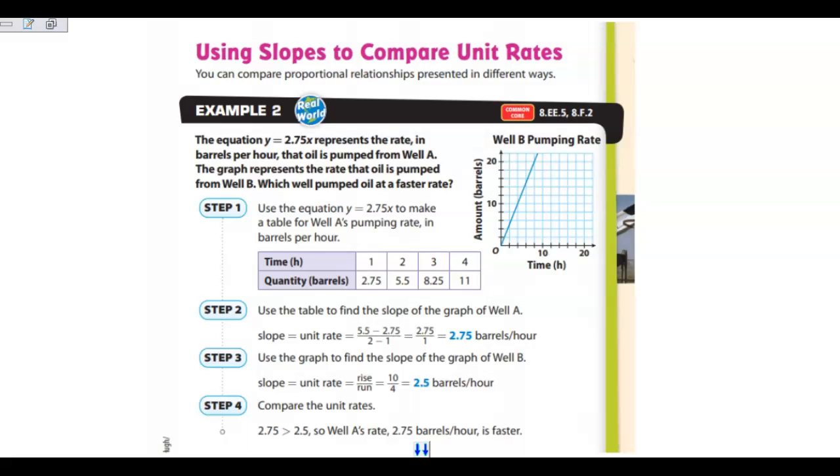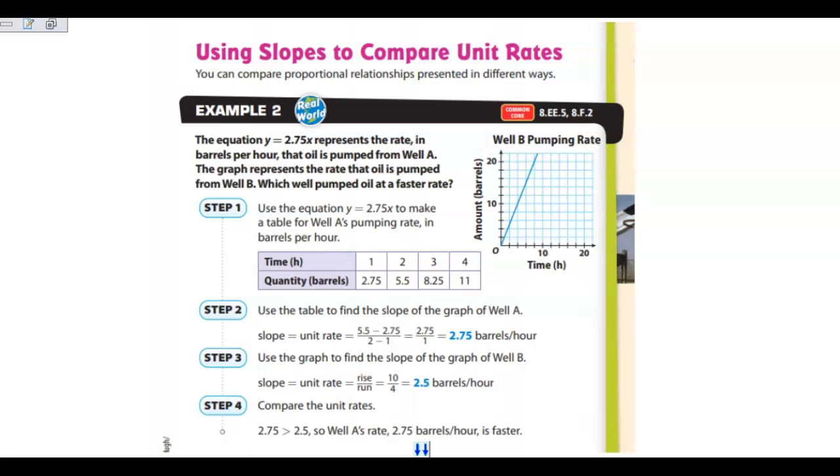Welcome to part 2 of unit rates as slopes. We can use slopes to compare unit rates. It can be done in a graph form, it can be done as an equation, and it can be done as a table. And so for example 2, it says the equation y equals 2 and 75/100 x represents the